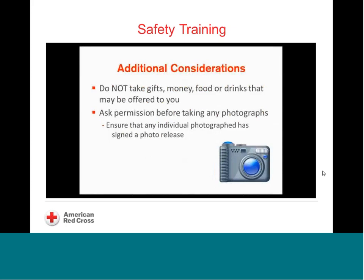make a donation or to the Red Cross's website, www.redcross.org. Always ask permission before taking any photographs and ensure that any individual who is photographed has signed a photo